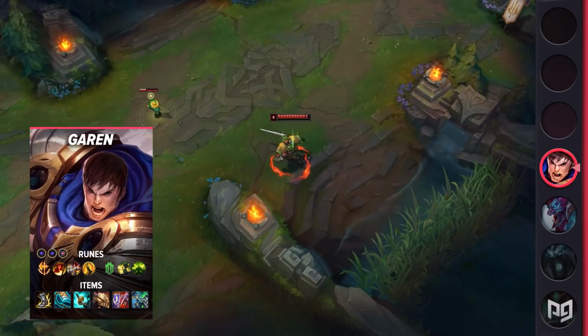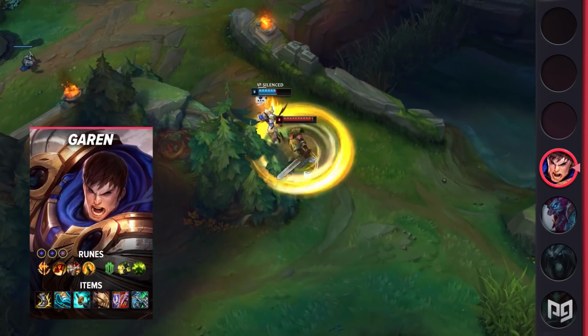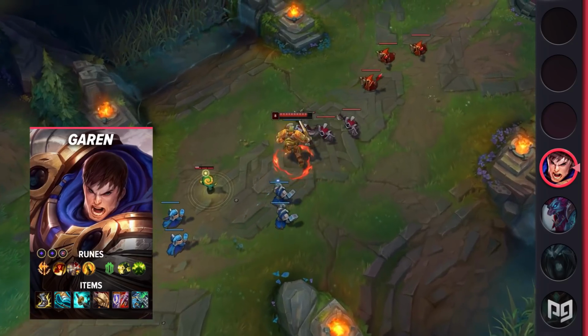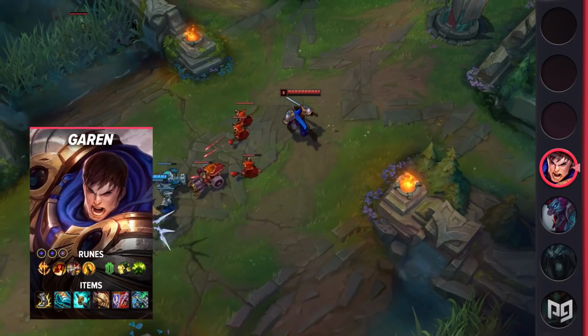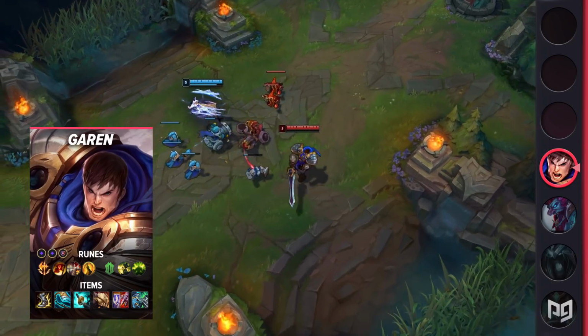For your items, start Doran's Shield or Doran's Blade. This is pretty much up to preference, with Shield being more consistent and Blade being a more offensive, slightly higher risk, higher reward starter. Rush Berserker's Greaves, then build into Stridebreaker as your mythic. After that, go for Stormrazor and Deadman's Plate, with the rest of your items depending on what you need for your game. Some good general items for damage and durability are Steric's Gauge, Thornmail, Randuin's Omen, Force of Nature, and